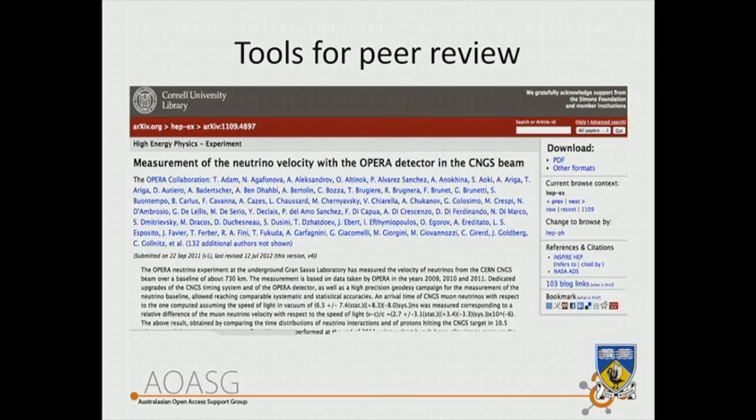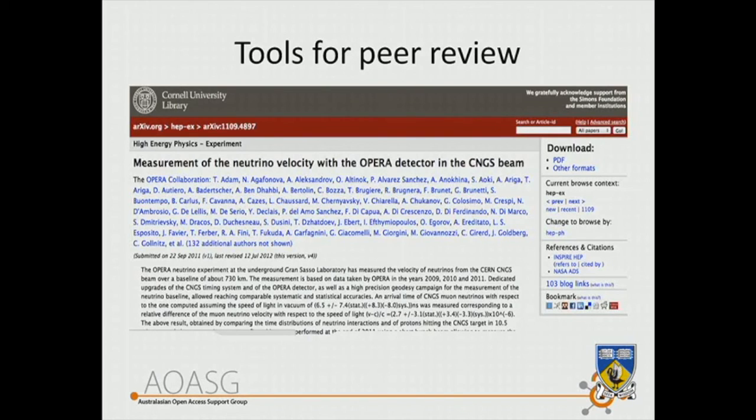So the physicists have been a long way ahead of many areas of academic publishing. Are there any physicists in the room? Okay. It's true, isn't it? So arXiv.org was a preprint server that came along a long time before many other areas were thinking about it. And this is a great example of a paper that absolutely, I think, needs to be on a preprint service. Anyone read it? Oh, this is a really important paper. This is the paper that says that things go faster than the speed of light, okay? And which is a pretty scary finding.